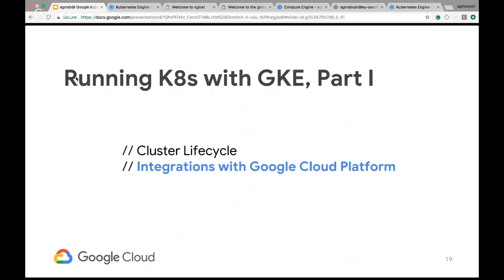So that's just a little bit on the cluster lifecycle, right? I think there's a lot more, and in a further session, I'd like to have either myself or someone else cover some of the deeper dive things. But I want to spend some time on the integrations with Google Cloud Platform, because to some degree, there's the promise of Kubernetes that you'll have parity everywhere, but part of that is dependent on the infrastructure that you're actually running on. Infrastructure in Google Cloud Platform may behave differently from a different cloud provider.